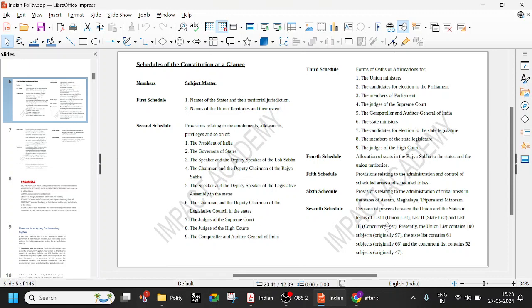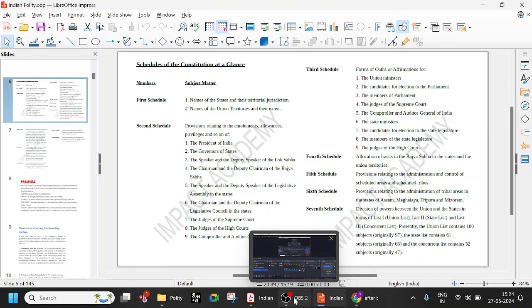Union list contains 100, originally 97. State list contains 61, originally 66. And 5 have been moved from the state list to the concurrent list. So the concurrent list has 52, originally 47. Now it became 52. And those 5 which have been moved are: